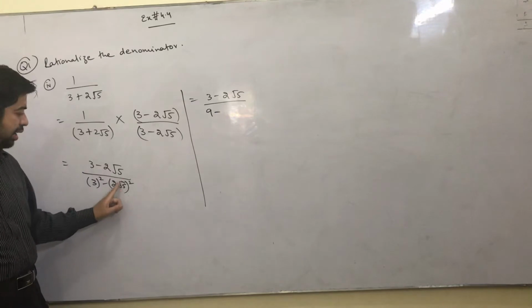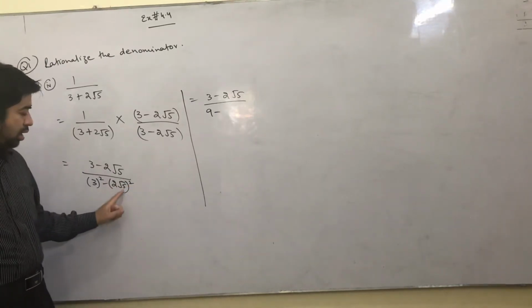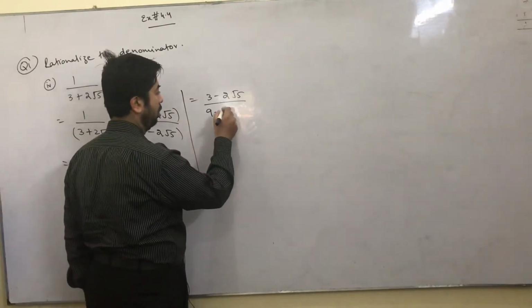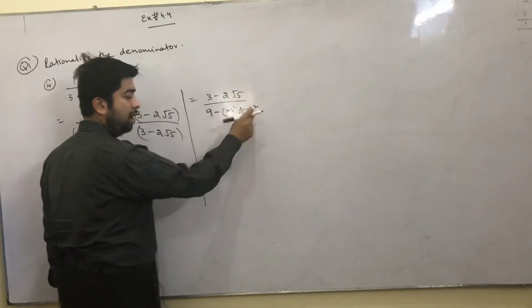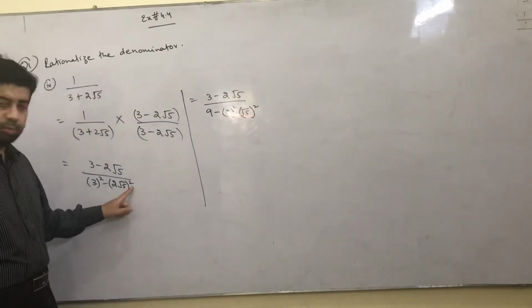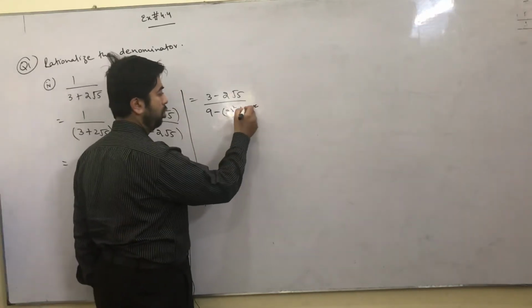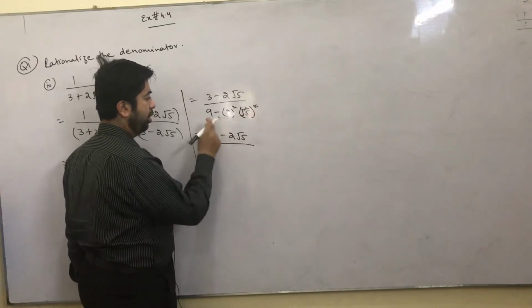So multiplication contains a combined power, so we can distribute this power just because both values are multiplied. I have distributed this power just because they are multiplied. So this square is going to cancel with this square root, 3 minus 2 square root 5, and in the denominator